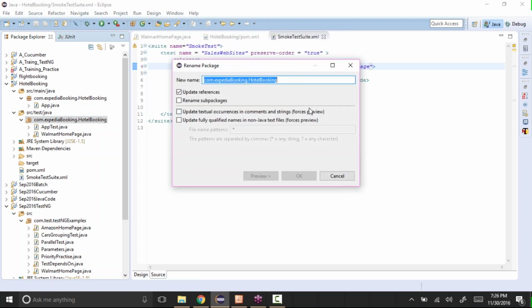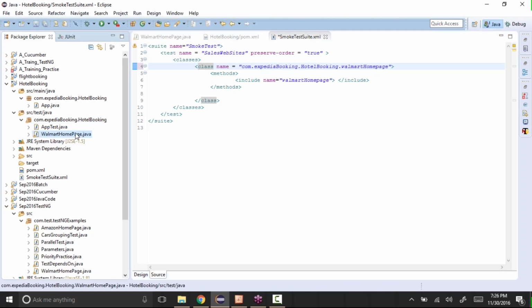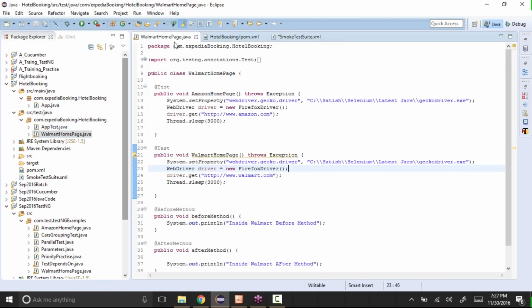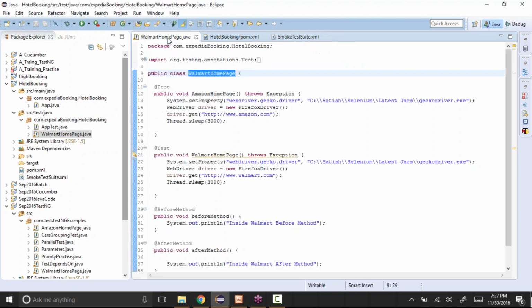So I got this: com dot this dot then Walmart homepage. The method in this Java is this. Let's copy this. The spellings and everything should be the same, otherwise it's not going to execute it. Walmart homepage, and the method that we want to include is Walmart homepage.